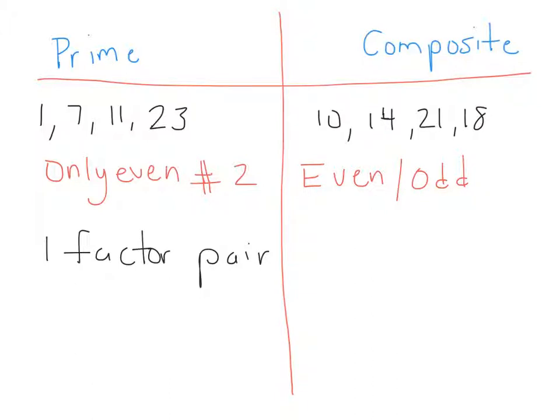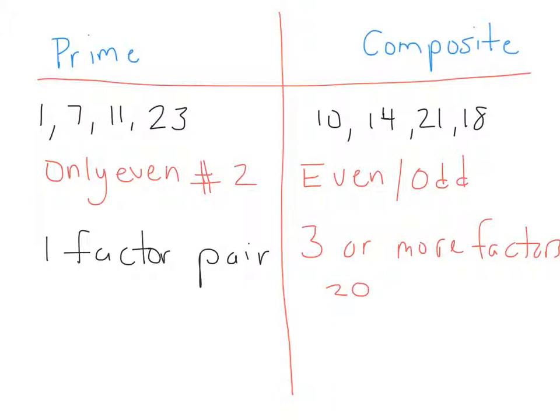And the key is that composite numbers have 3 or more factors. So if we look at the number 20, for example, if I were to make a